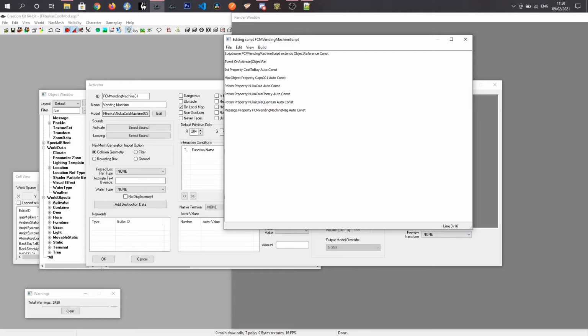and we've got to put in what has activated this, but I'm pretty sure it can actually only be the player. I'm not entirely sure on that one. Okay, so simple thing to start is we want to show our message. So we've got our property for the message at the bottom, which is FCM vending machine MSG, and we do dot show parentheses,